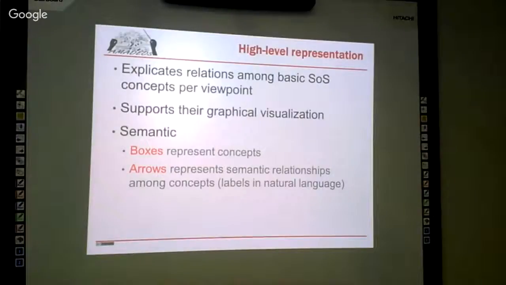So what is a high-level representation here? We want to explain the relationship among basic system of system concepts, and we do it based on the different viewpoints that we decided to use from the beginning. Okay, we had a series of viewpoints also because reasoning based on viewpoints simplifies a lot. Then we have a graphical visualization. Boxes in this representation represent concepts, and arrows represent the semantic relationships among concepts, and there are labels on these